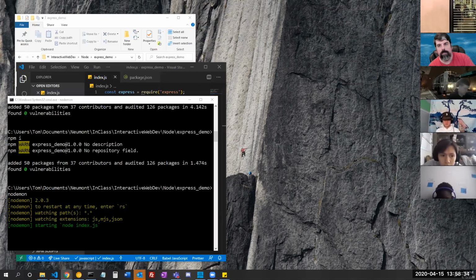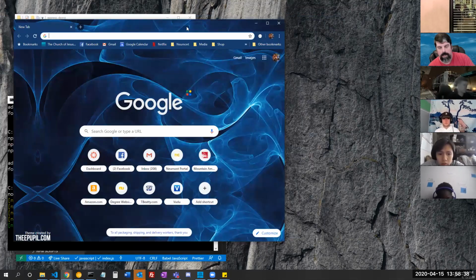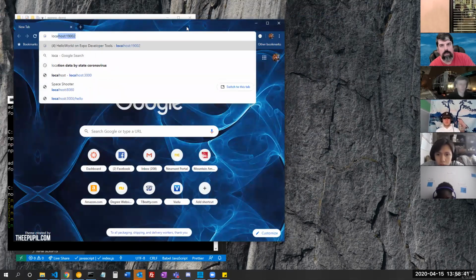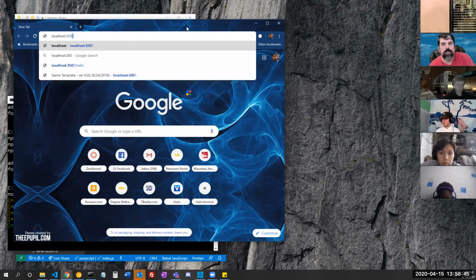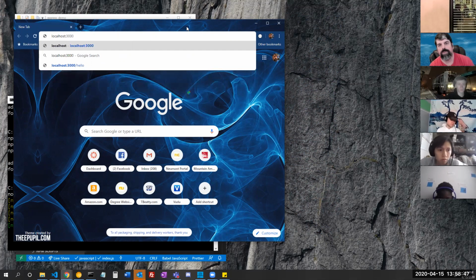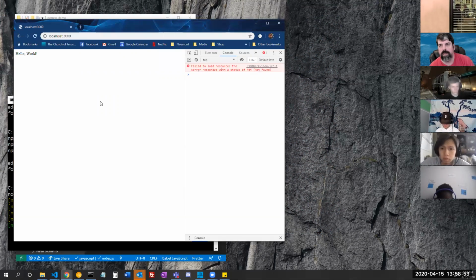And I bring up my browser. I type in localhost:3000 because it's port 3000. Sure enough, there it is, hello world. If I hit F12,